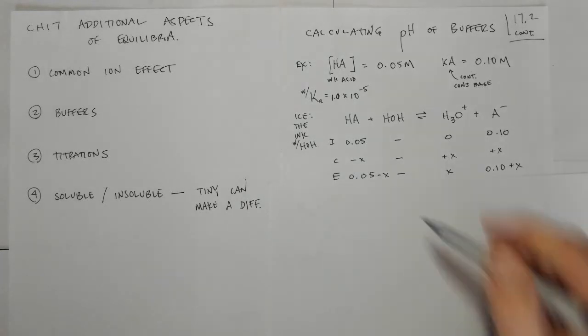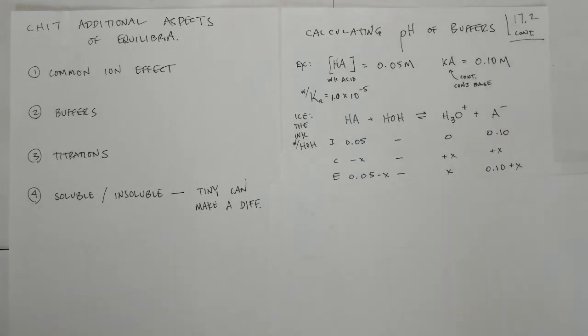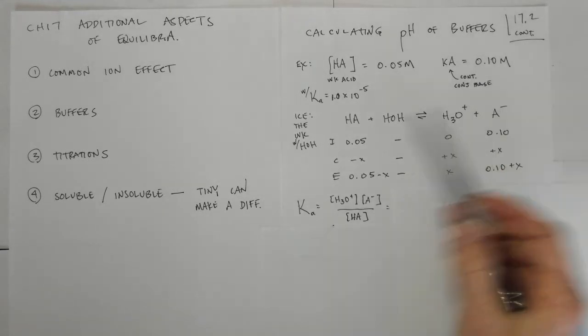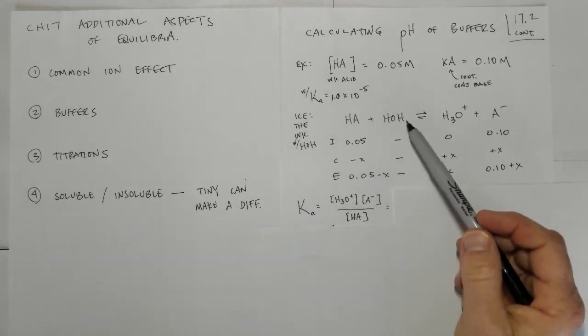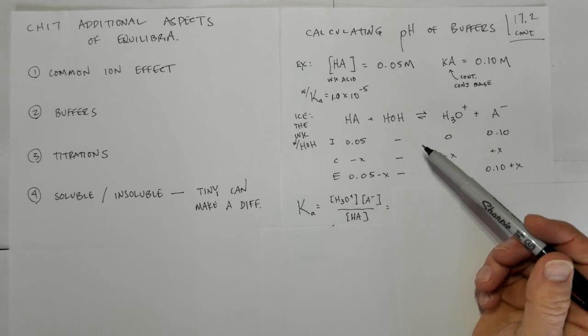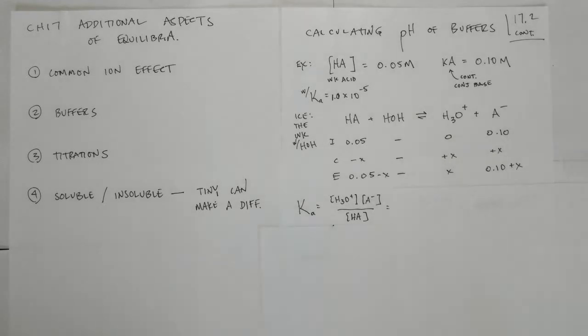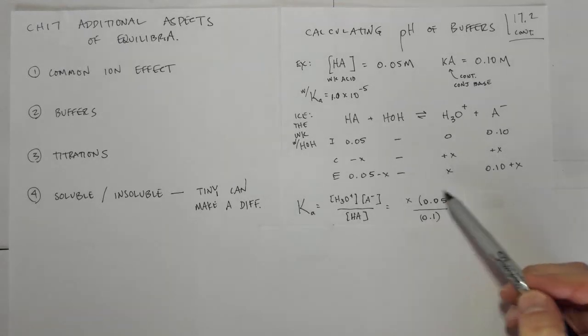And now we can do some magic by ignoring these X's and saying they're small. And then we can set it to the Ka expression, which would be products divided by reactants to the power of the coefficients, and ignore the water because water, of course, does not affect the equilibrium because it's a pure liquid. And so now we put in the letters, and so we have X times